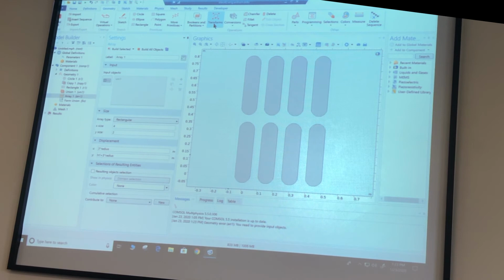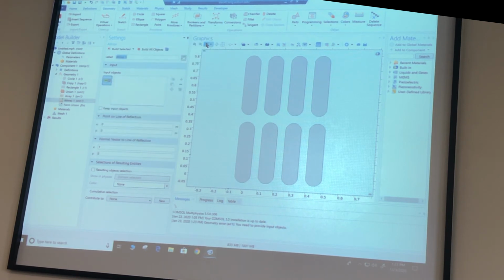Okay, let's try another one. Let's do a mirror, and then that will appear next. See where the mirror appeared, right here. We're going to select everything. So we're going to click all this. Or there's a select all here somewhere. See this right here? Select all, or Control A. So I select all, they all appear here, all those things. Okay. The point of reflection is going to be,